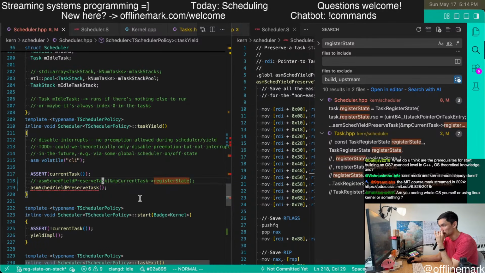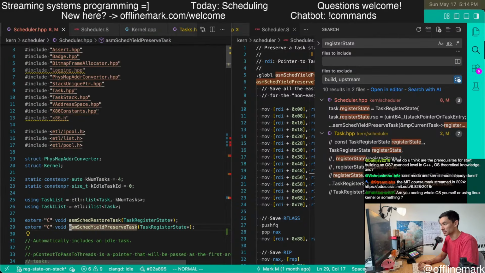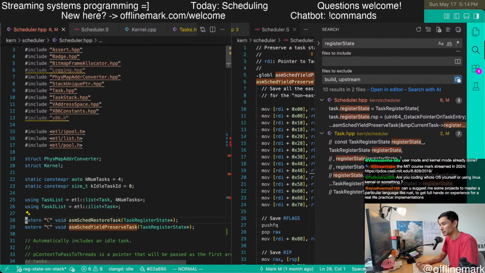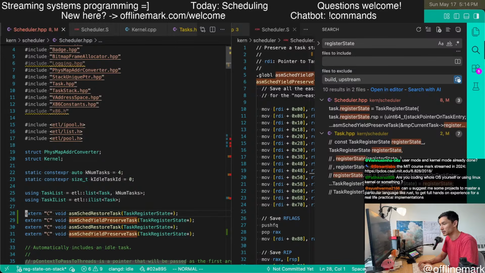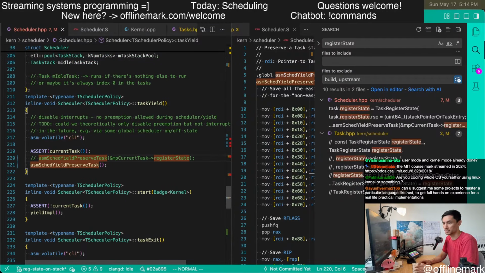It's going to call into this thing, which is going to push things on the stack. And so that's the idea. Right, so let's first look at this.